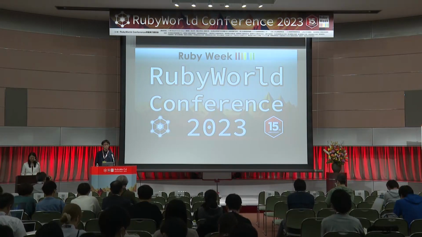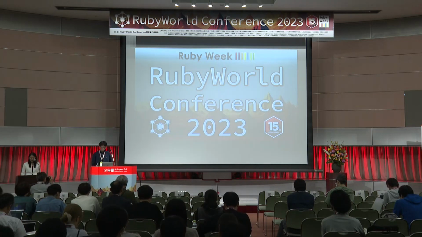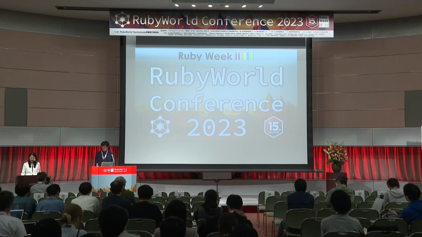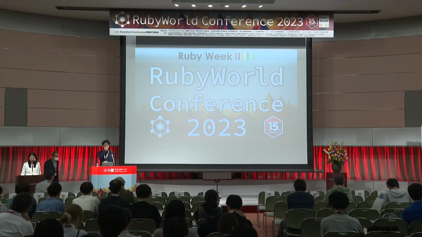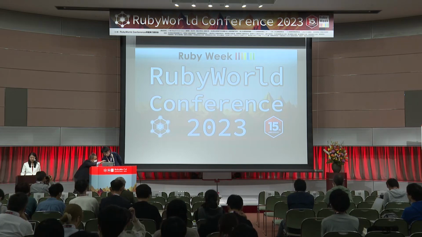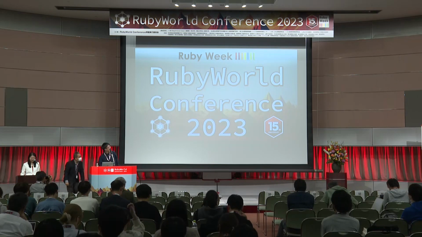Now, we would like to move on to the next part of the speeches. The next speaker here is Mr. Yamaji Hiroyuki. In the confidential computing environment, language processing is now run. So he is making large contributions in various facets. Today, he will focus on the Ruby interpreter, which is run by the Intel SGX enclave.